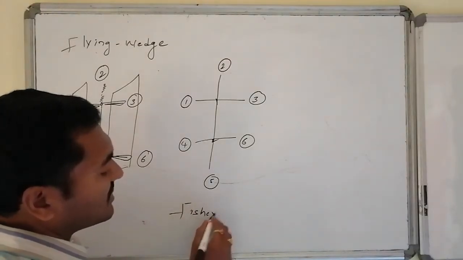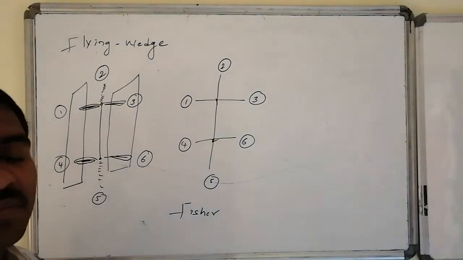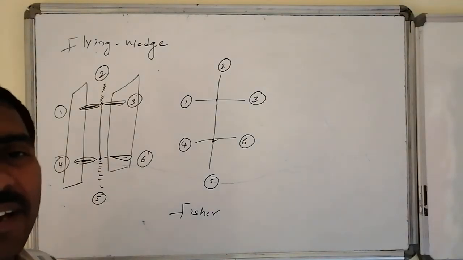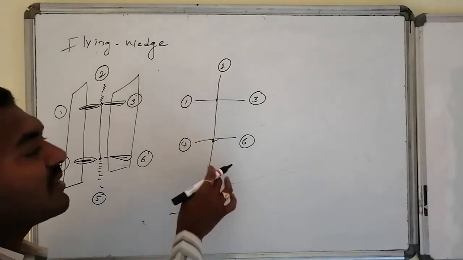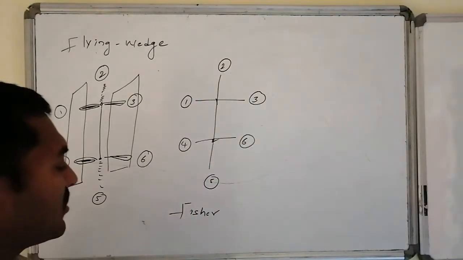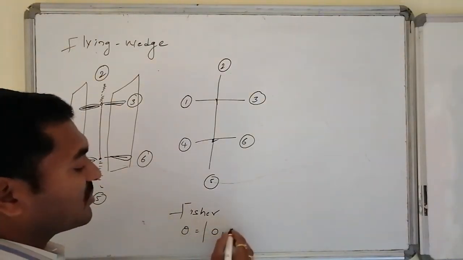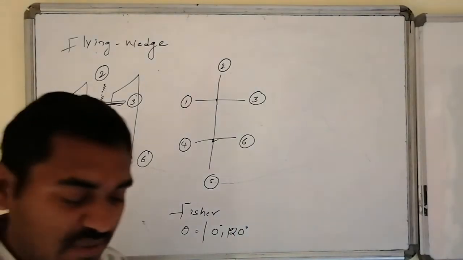In the Fischer presentation, I can apply the even rule, I can replace one group by the other group, even exchanges are allowed on carbon 1 and carbon 2. But the thing is, the dihedral angle from here to here is 0, from here to here the dihedral angle is 120, and here to here the dihedral angle is 120. The possible dihedral angles, if I represent with theta, are 120 degrees followed by 0 degrees. No other dihedral angle is present.